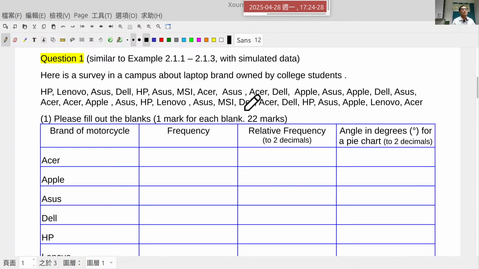For you, because you got the test paper, and I didn't give you the digital files. Then the basic way, for example, the first one, Acer, you can make a mark over there, like this one. Acer, 1, 2, 3, 4, like this one, 5, like this one. And after you calculate,